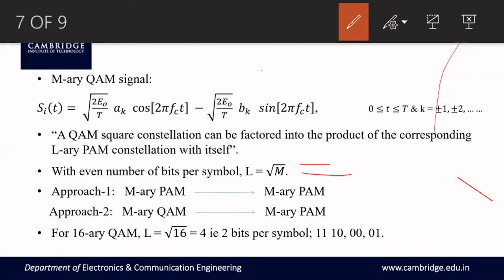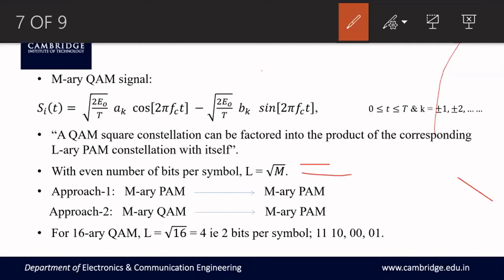Now the system is binary only. How many symbols are there? 2 symbols. How to choose them? Take one on the x-axis, take one on the y-axis. If you take both the symbols only on one axis, the system becomes one dimensional. If you take the symbols on both axes perpendicular to each other, the system becomes 2 dimensional. The system is called quadrature. Half of the symbols on the x-axis, half of the symbols on the y-axis. So for binary, one remains on the x-axis, another remains on the y-axis.